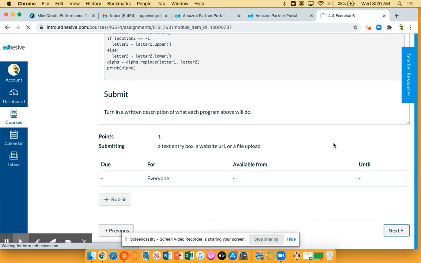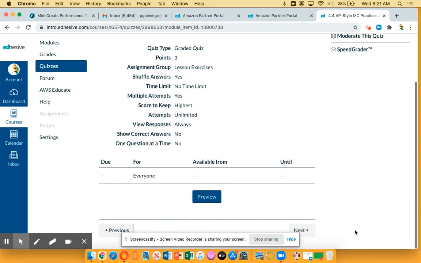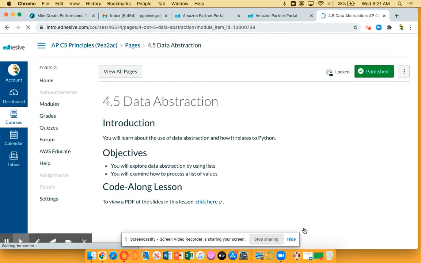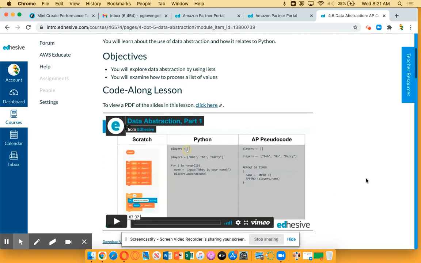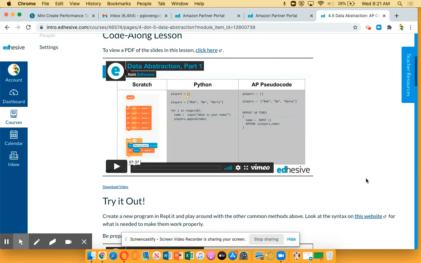That's what gets us to the last slide here. I think that's all I'm going to assign. I think it's just A and B, yes, because we're not doing the MC practice, so you can skip out of that. Data abstraction. I do want you to take a look at this,